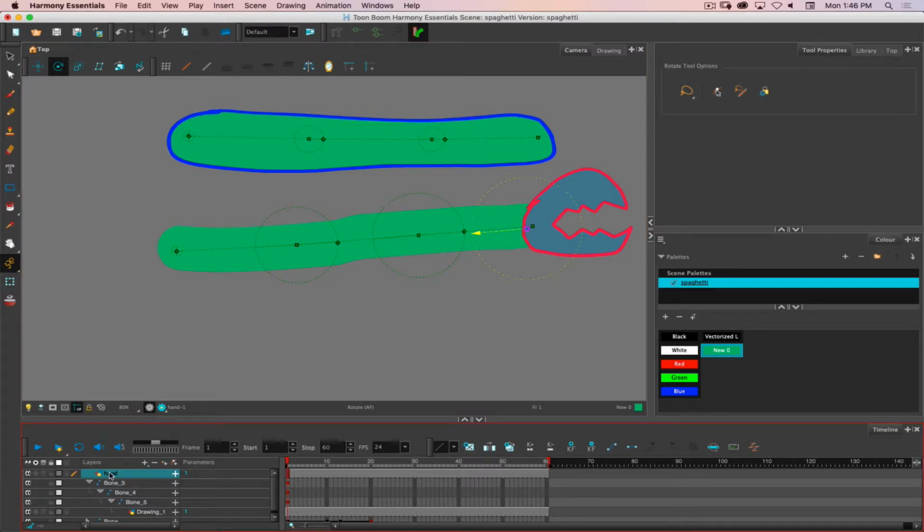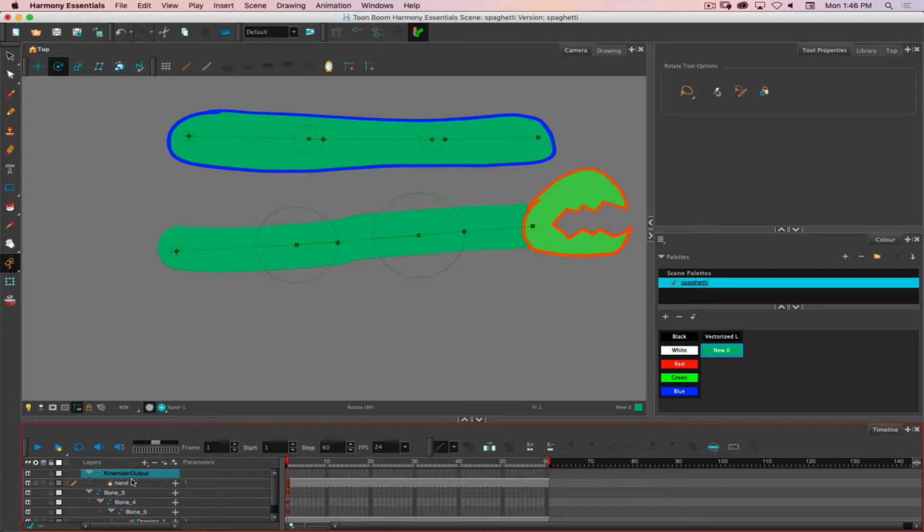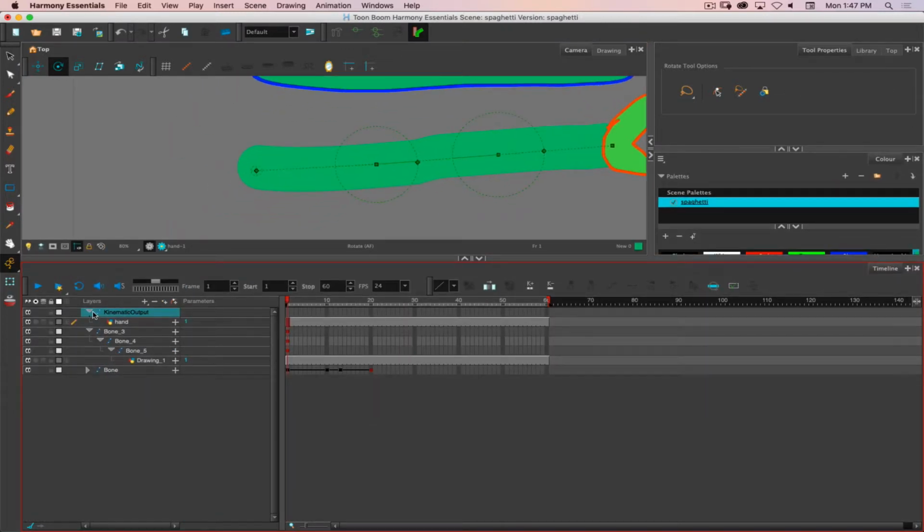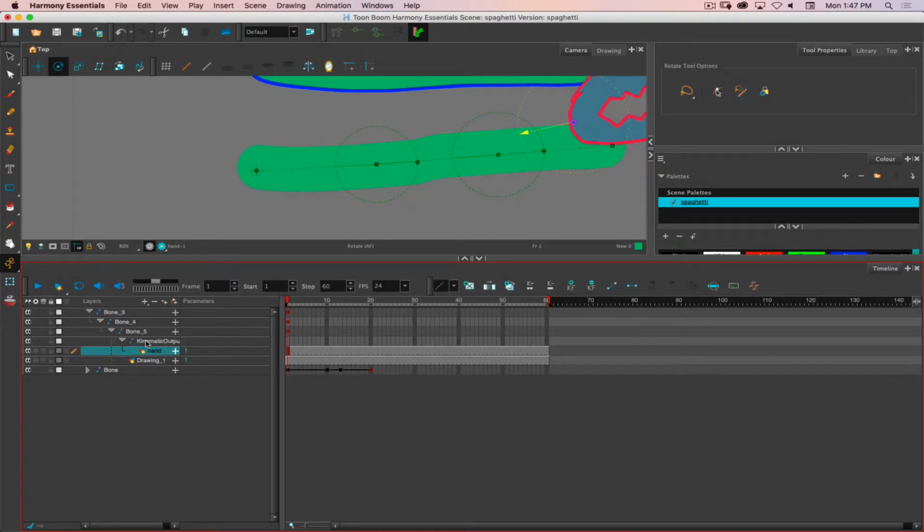so that it's going to move where I want it to move from. Then with that layer selected, I will go in my new options and choose kinematic output. And that adds essentially a bone attachment point to this drawing layer. Now in my layer palette, if I take this and drag this down into my bone area,